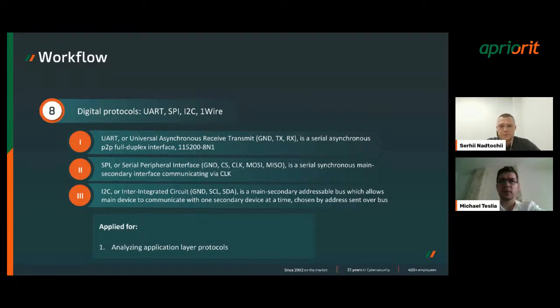But do we have any other protocols for communication on that level? I can say maybe in more advanced devices, you can find a CAN bus. For example, in automotive it is often used, or maybe in some drones, UAV. And yeah, this is also very good, an interface which is very stable in a noisy environment.